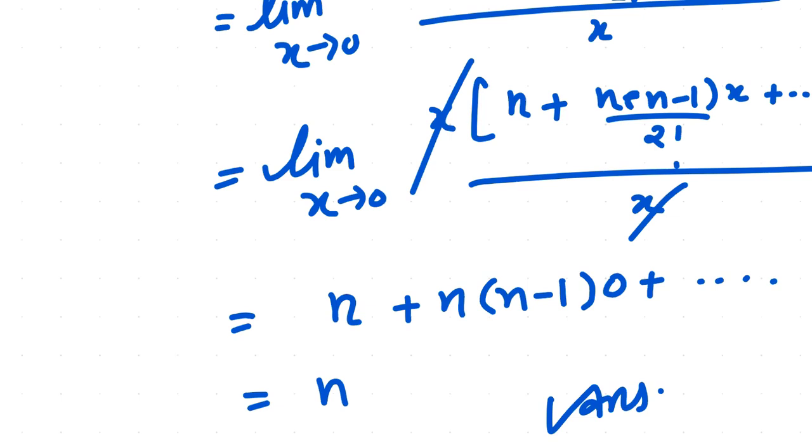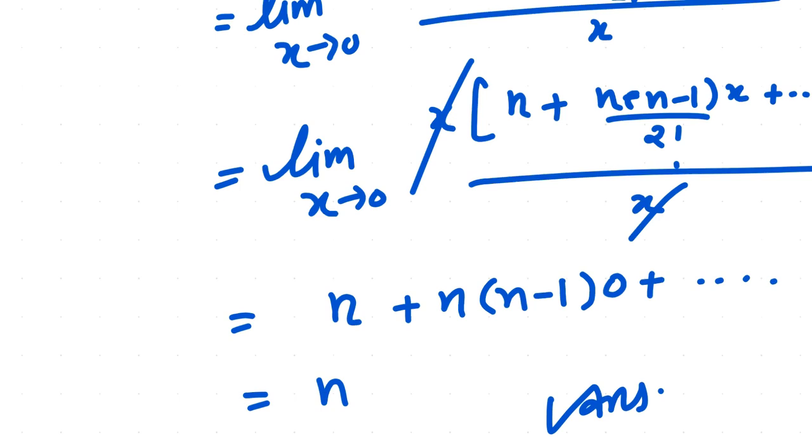See the third question. Let f(x) is equal to x when x is greater than or equal to 0 and less than or equal to 1, and 3 minus x when x is greater than or equal to 1 and less than or equal to 2. And they are asking,